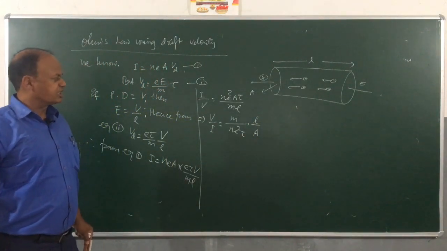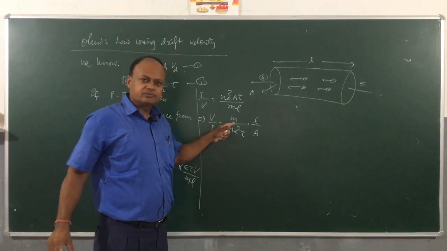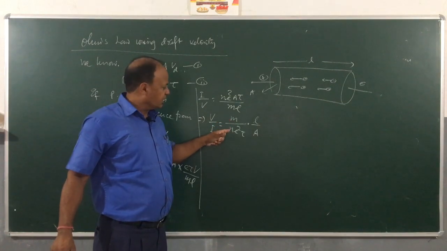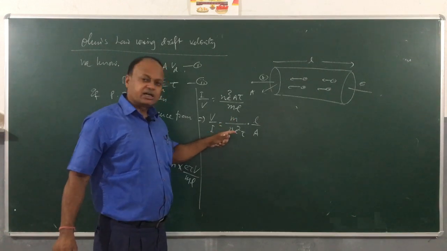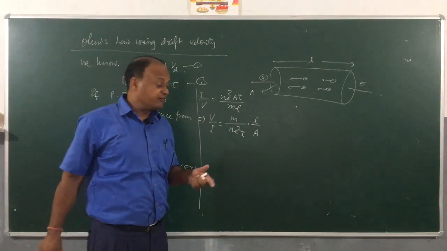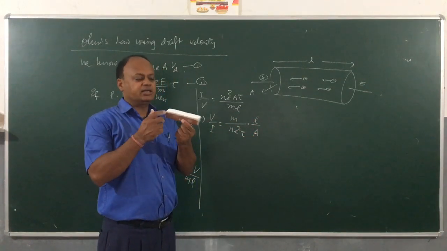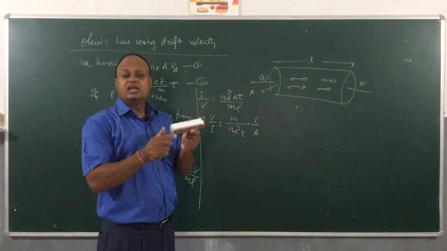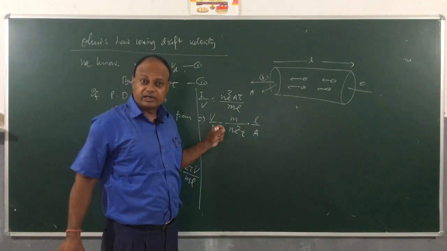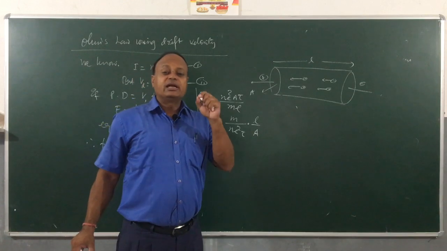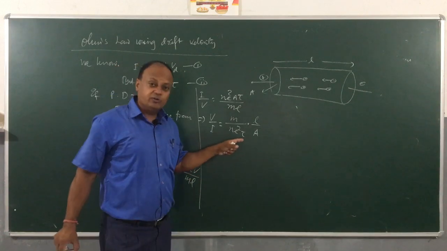Now we got a very interesting expression. You see, m is mass of electron, n is electron density, E charge of electron. So these three are constants for a given conductor, and also for a given conductor L and A are constant, because when I say given conductor, its length and cross section area are also constant. So everything is constant. Now comes the question of tau, very important. If you remember Ohm's law, we have said that at a given temperature or at a constant temperature. Why? Because tau is a key factor.